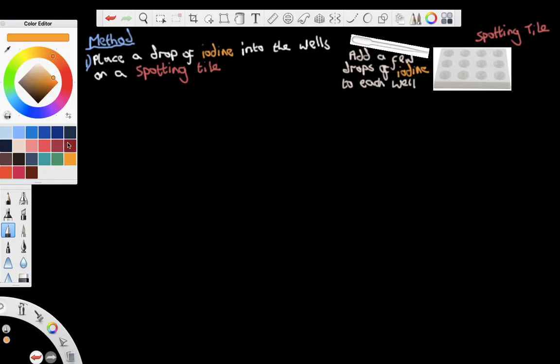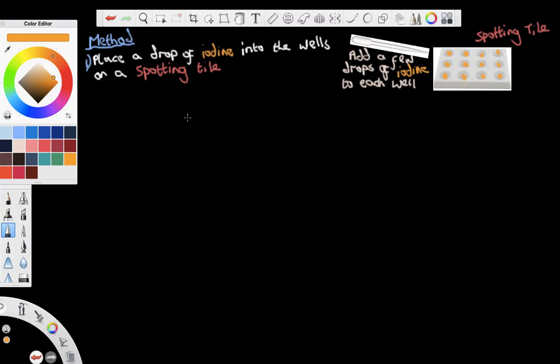So once I've added my drops of iodine, remember iodine is an orange colour by itself. So I've added my iodine to each well in the spotting tile. Okay, I've only added a couple of drops. I don't need to go overkill. I literally need to use 2, maybe 3 drops at most. So I've added my iodine to the spotting tile. Now, what I'm then going to do